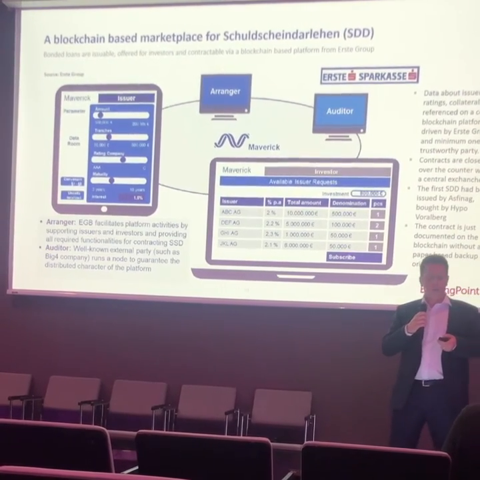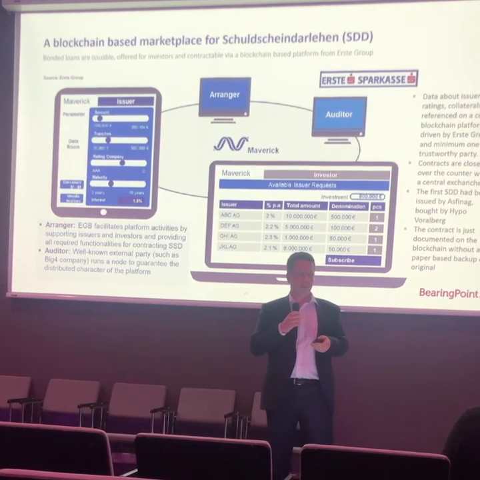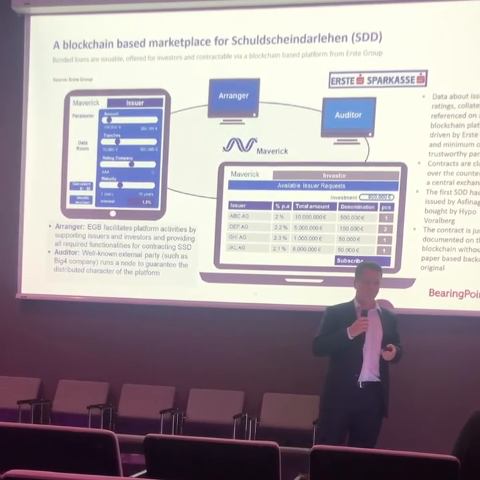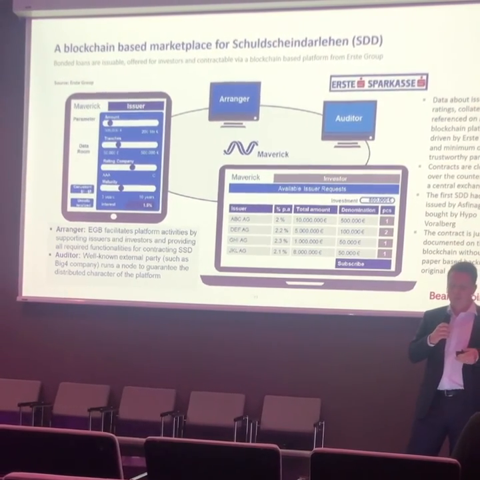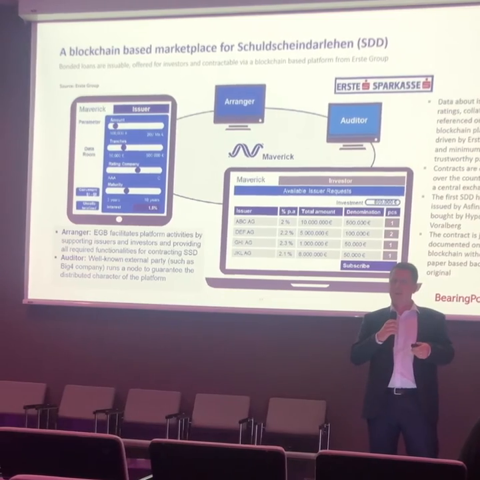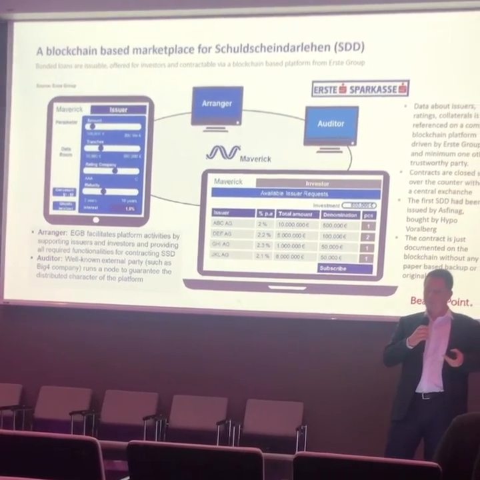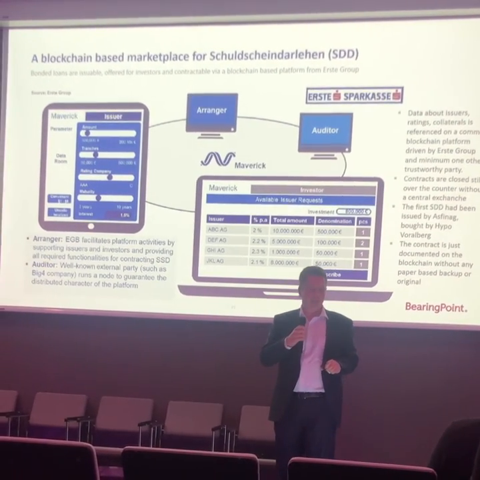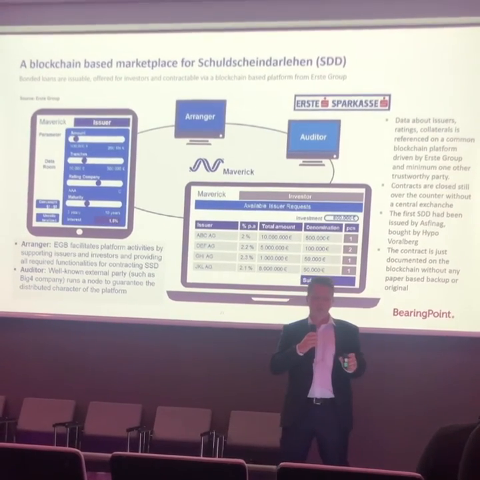Now, a third use case, it's a marketplace for so-called Schuldscheine. I translated it with bundled loans. So enterprises can issue loans and investors could buy them without a central marketplace, and the business is referenced on a blockchain.